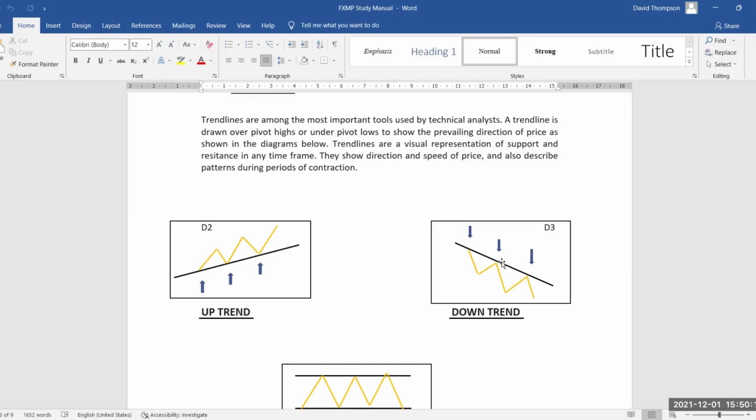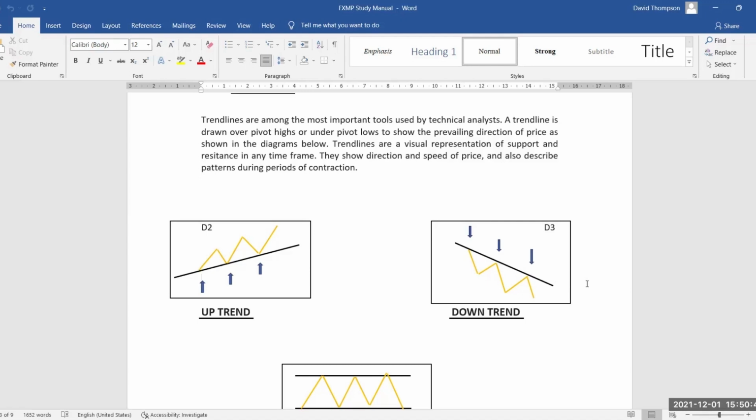The downtrend, which is labeled as diagram D3, is the inverse of the uptrend, meaning that price is falling down, pulling back up, and we can see the trend line moving down across pivot highs in this scenario. The same as with the uptrend, 3 bounces on the trend line